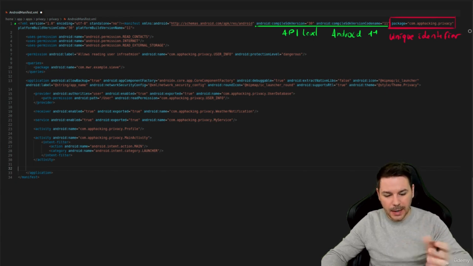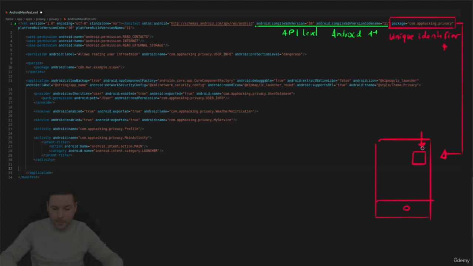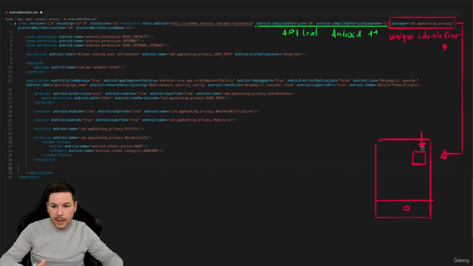What does this mean? Well, let's have a look. This one is the unique identifier. Let's install this app now on our smartphone. So here's our smartphone. All right. Okay, and here we have now this application, this one over here. So this is being installed here. This means we can only have one application with this identifier on our device. If we now try to install another application, this one for example, with the same identifier over here,